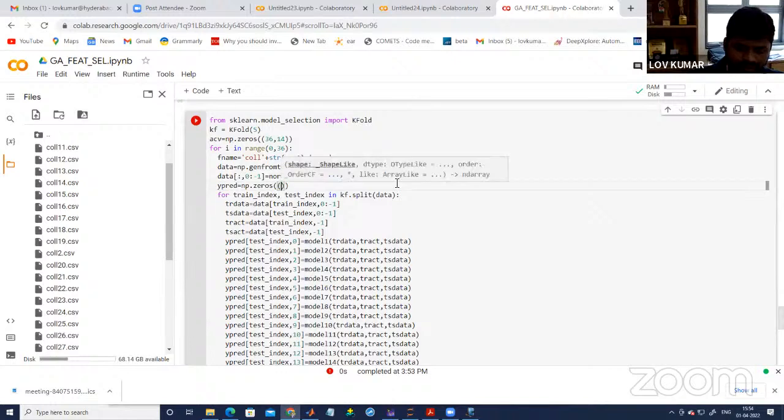Now we are going to find the size of the data. So we are writing np dot size of data of 0,